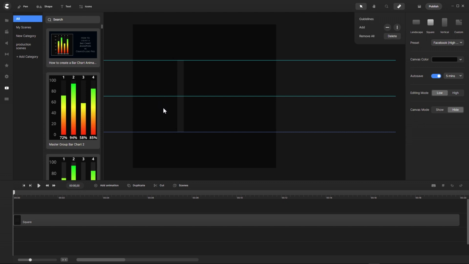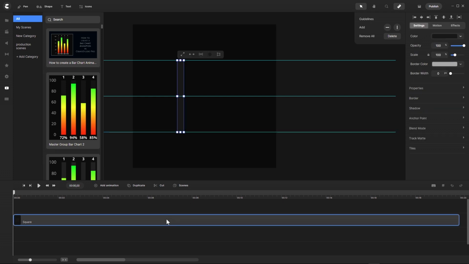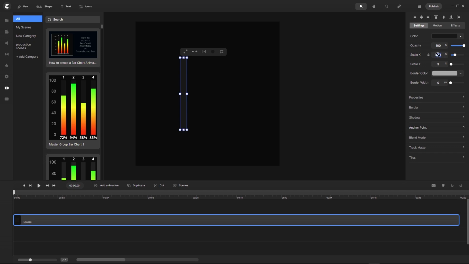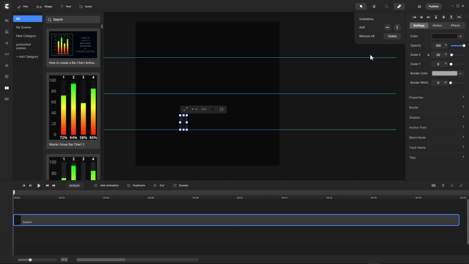Okay. To get now the other 20, 40, 60 and 80%, I go back to my square, and I unlock, and first begin with 20, but before I have to change the anchor point. Let's go to the anchor point and bring it down. Because I rotated the square, I have to do this so that the anchor point is at the bottom. And now I can go with 20, and I go back to the guides,